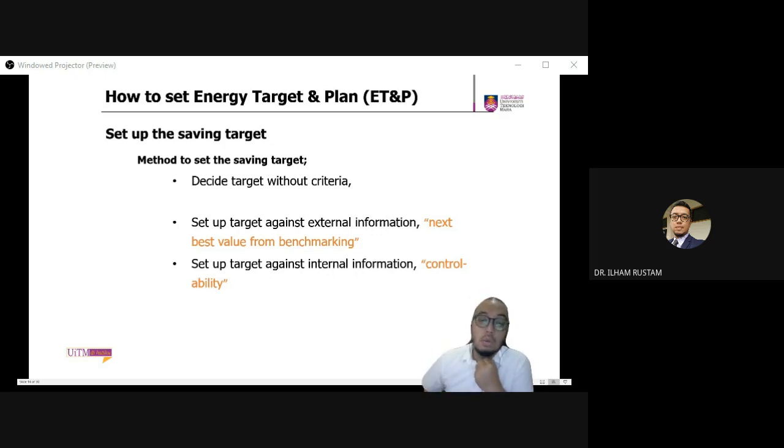And then the second one, against external information. Basically, if you have competitors or colleagues in another organization that typically use the same machinery, you can use a benchmarking approach. Basically, whatever he or she is able to get from over there, you can compare with yours and try to select